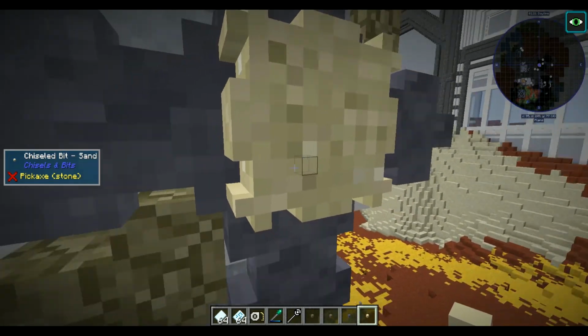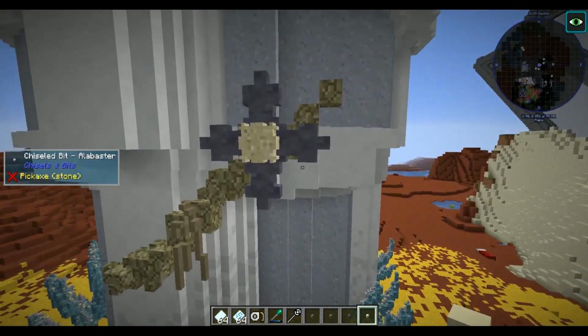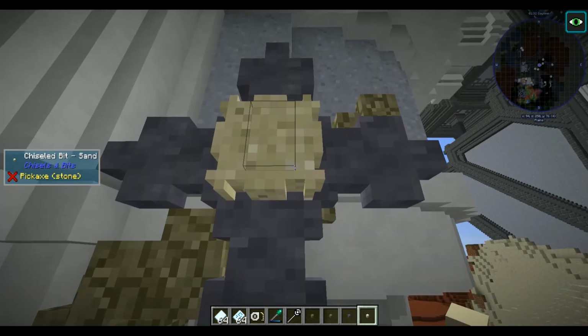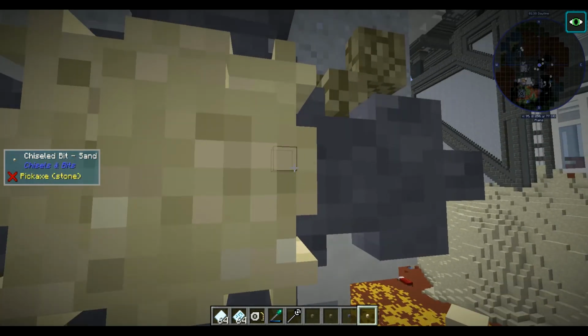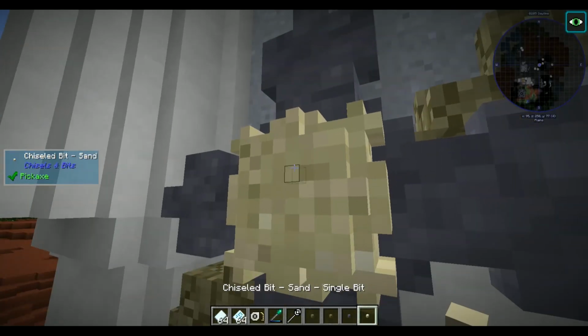Yeah, I'm messing with the sides here, like, how can I make this look a little bit more round? And then I eventually give up and just vomit single bits all over the place. That'll happen in a second. Yeah, I try messing around with the center, trying to round it out a little bit, and I think I do keep that. And here I just vomit